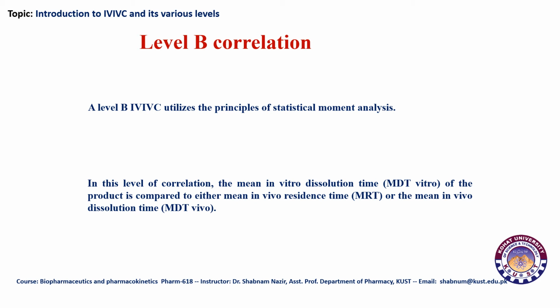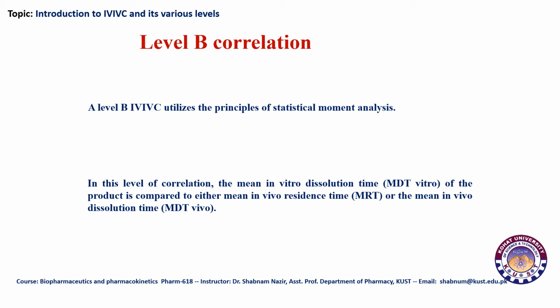Two parameters regarding the in vivo dissolution or bioavailability are available to get compared with in vitro dissolution time, that is mean time. Simple is that in this method, mean values are compared with each other instead of point-to-point correlation,